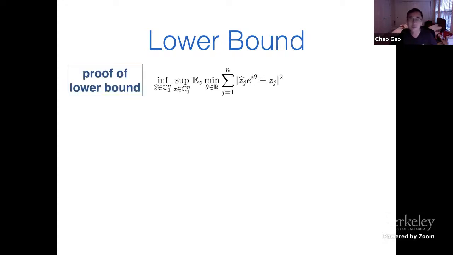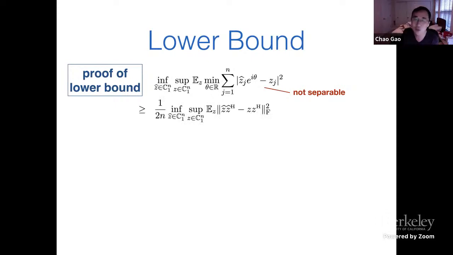So next, let me briefly discuss the lower bound proof. The lower bound proof is actually quite standard, and there's really not much to talk about. It's just a standard argument. So the first step is to write down the definition of the minimax risk. Here, the only issue that we have for the loss function is because of the extra minimization over a global rotation, which results in the non-separability of the loss function, right? So without this minimization, we have a separable loss, then you can distribute the problem to each coordinate, but now we cannot. But there is an easy trick to resolve this issue, which is to use this inequality to lower bound the original loss by the Frobenius loss, okay?